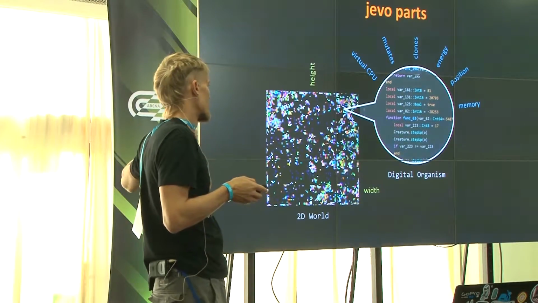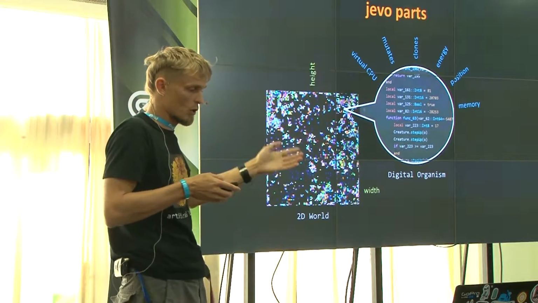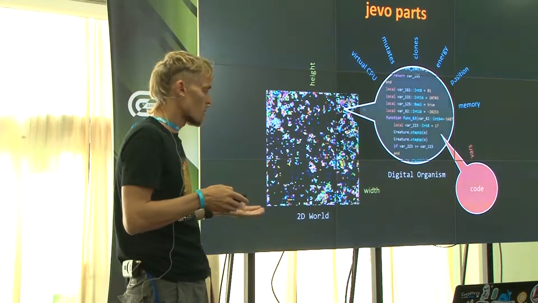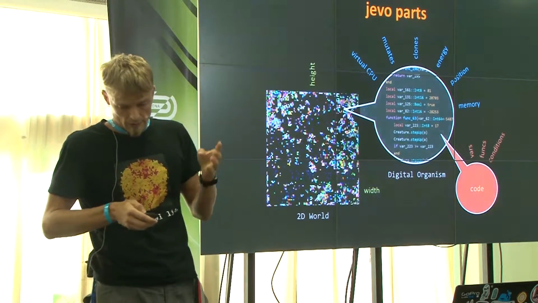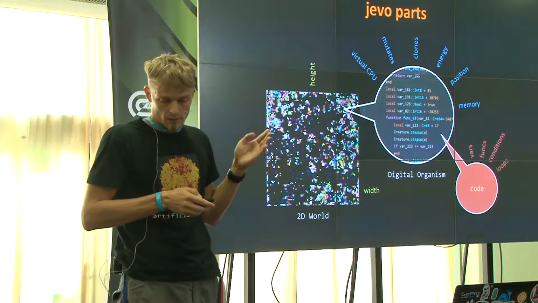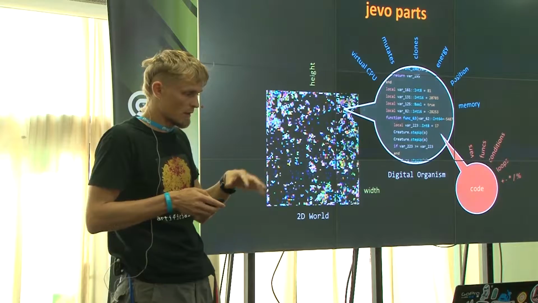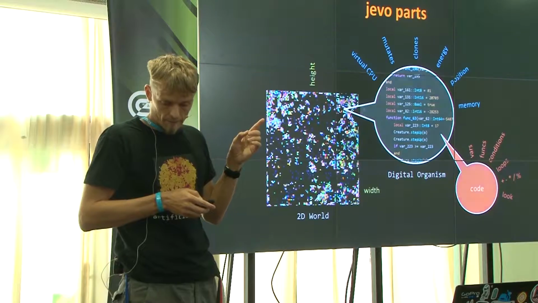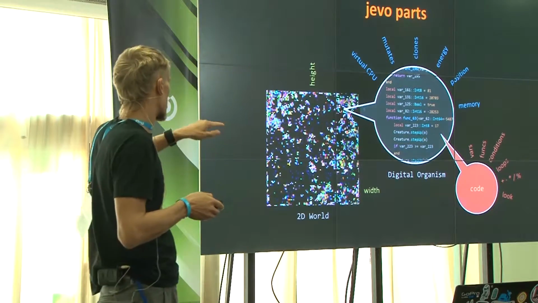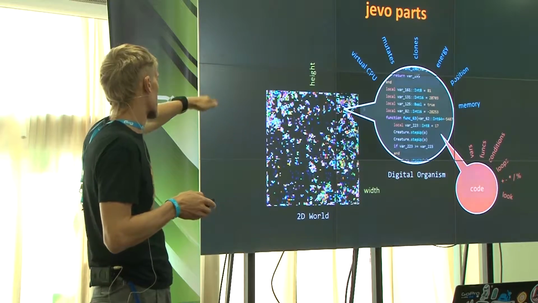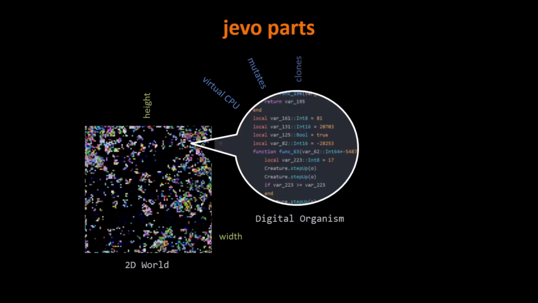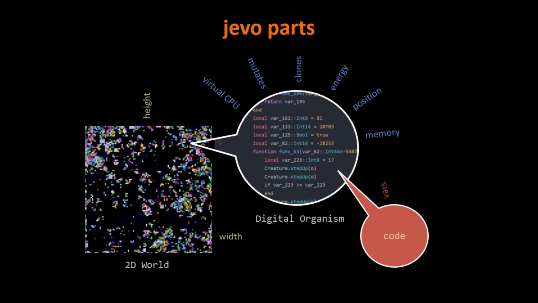So they may read the memory and push some data into the memory. And regarding the code, it consists of variables, functions, conditions, the if operator, loops, the for operator, and some math operators like plus, minus, etc. They may look at some point with special coordinates, and they may step up, down, left and right, and the same with eating. So they may eat something up, right, left, and down.